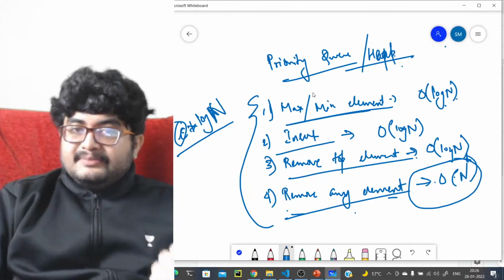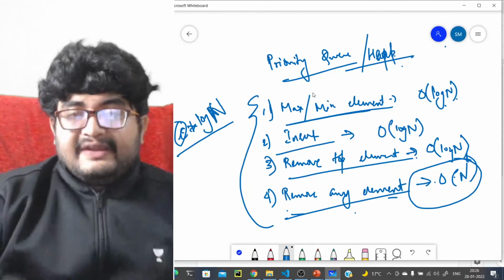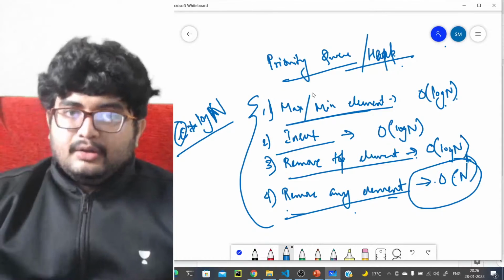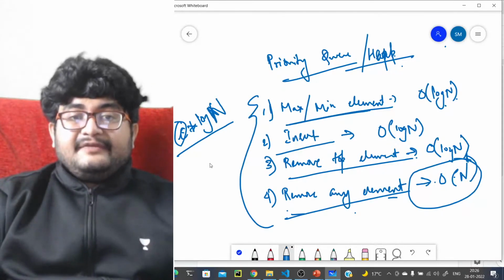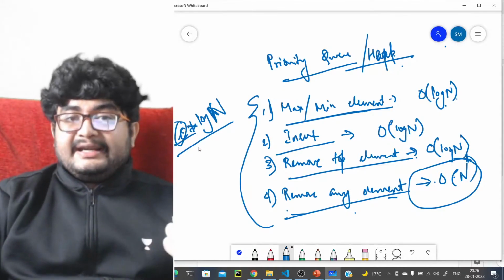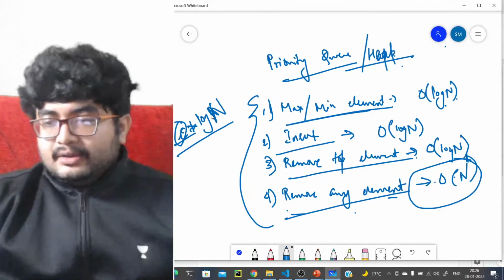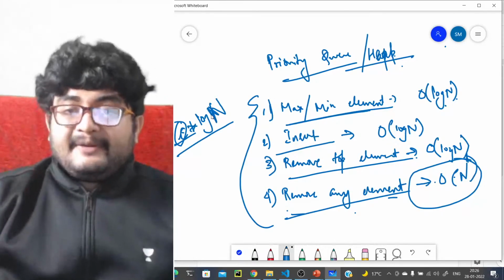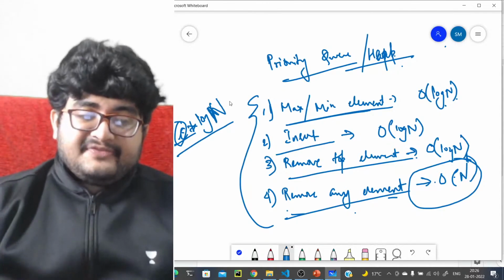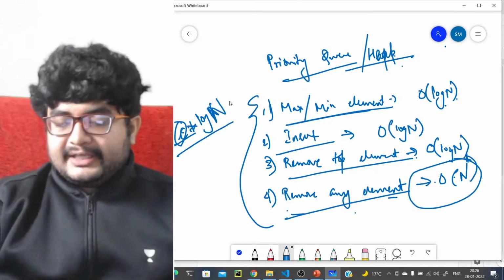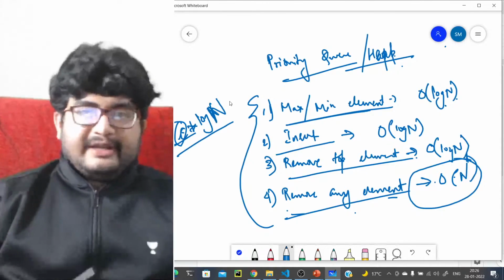So in some problems, if you use a heap, it will actually pass, but it can give time limit exceeded whenever you are using a set or a map. Although a set and a map can definitely replace a heap, this C factor will be high, so you might get a time limit exceeded because of this. So you might have to switch to heap. So definitely, if you have a problem where you can use a heap, you should definitely use a heap. If you have some problem where you cannot use a heap, you will not use a heap. As simple as that, right? So it's not that you should give preference to set or a map over heap.